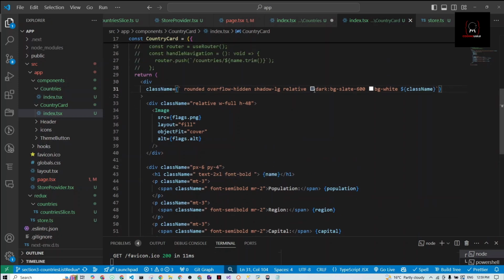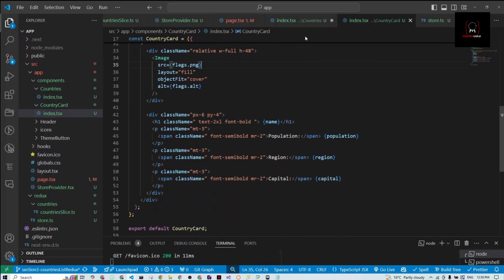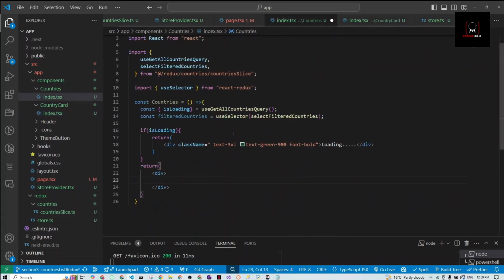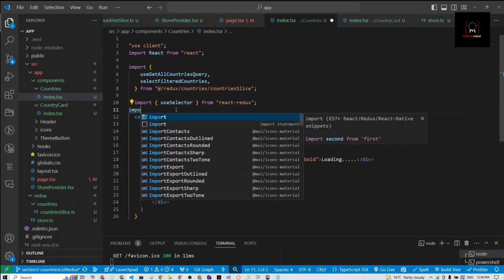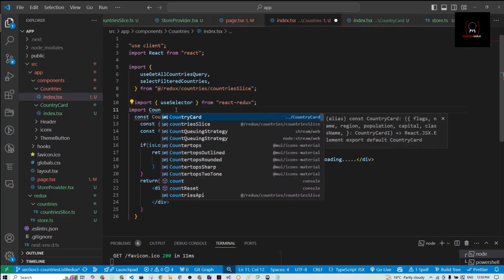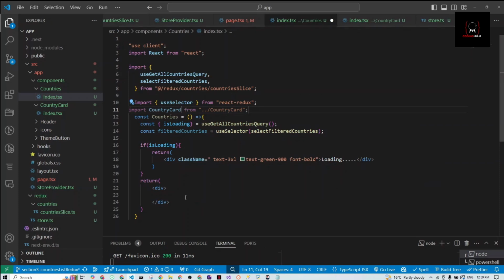The only little bit different thing here, or a little bit tricky maybe for you, is again the theming, and it's very simple. Again, it's just the background of my card. If I'm on dark theme, I want it to be dark color, otherwise it will be white. And basically that's it. So we'll go back to our component here and import country card from country card,